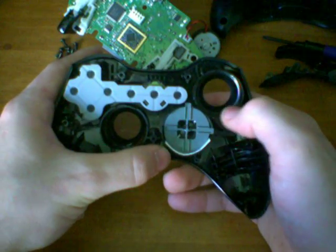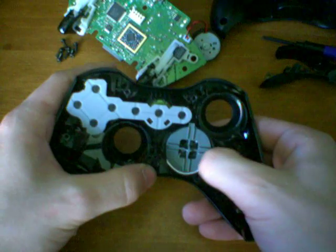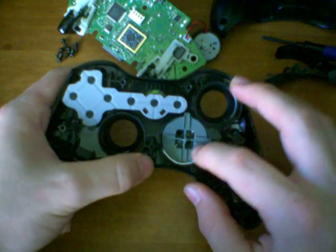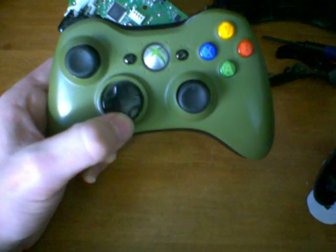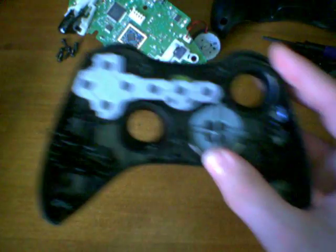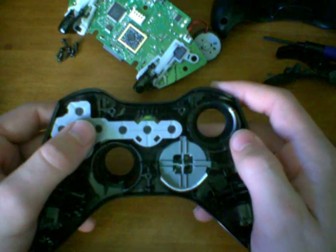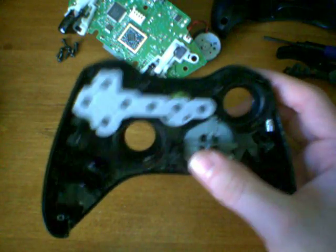That also improves the D-pad's performance because it's not jiggling around nearly as much, and because of that, it doesn't push different directions accidentally. Now, I'll have you know that if you already have a D-pad that pushes in all 4 directions without touching the sides, this might actually make it a little bit stiffer, and that's not what you want to do. So if you have a D-pad that sticks, go ahead and apply this piece of paper,